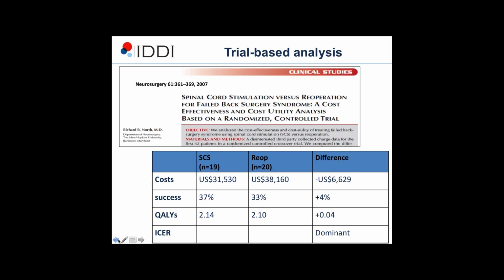So if you look at the third row, you can go back to the cost effectiveness quadrant we looked at earlier. So you can see that the spinal cord stimulation is cheaper than the comparator, but also interestingly, although the increment is small, it does also offer more health benefits. And if you remember, that is therefore a dominant decision. Spinal cord stimulation is less expensive and offers more QALYs against, in this case, reoperation.